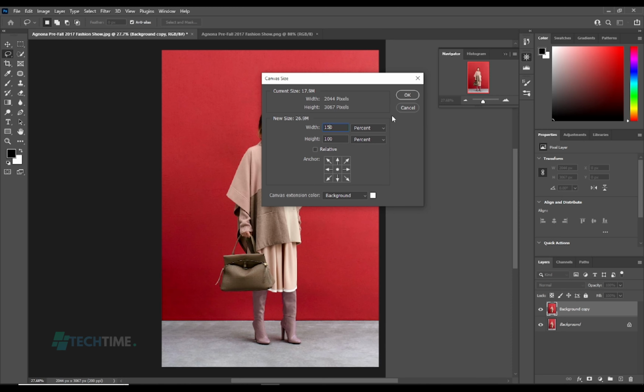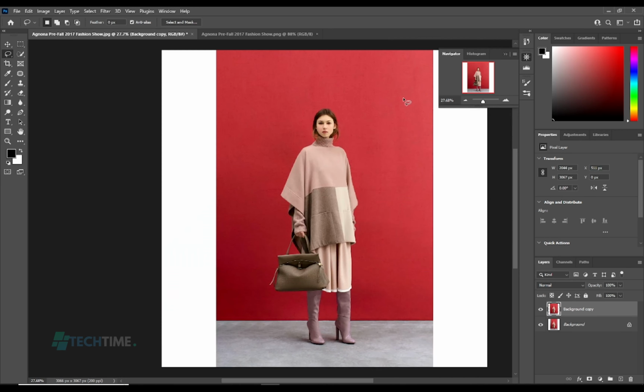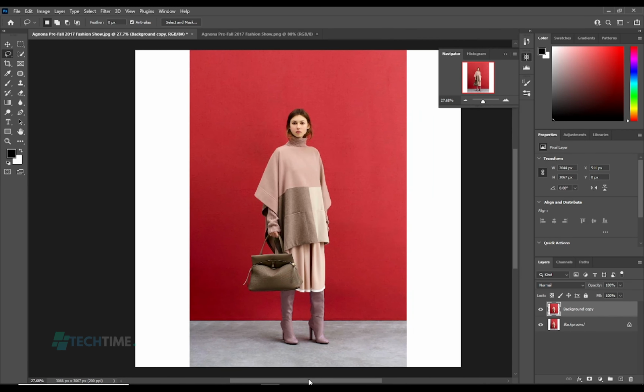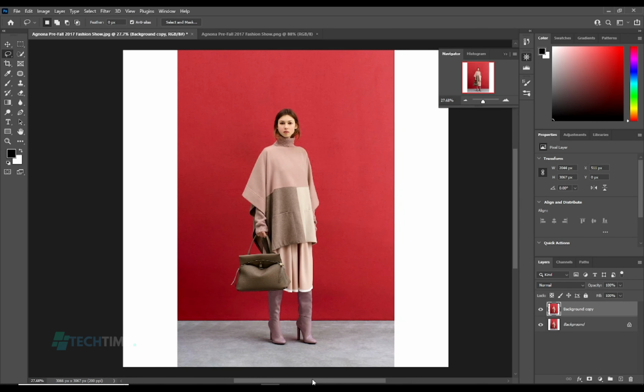So you can see 150. Well, now you can see our canvas is expanded here, if you can see it. So we are going to use the same process again. So we choose our lasso tool,